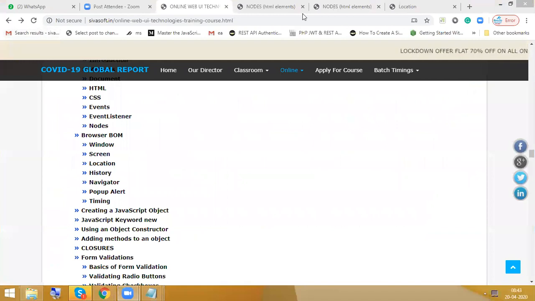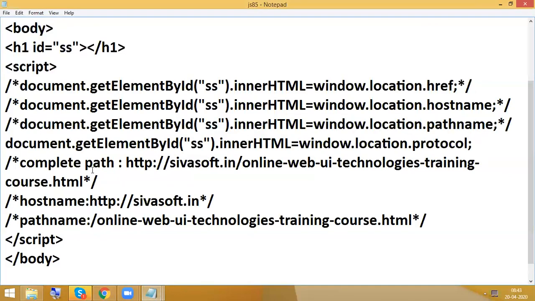Now go and check, will we get it or not. Yeah, we did not get anything. Here the protocol is thinking that it is fine. But regularly protocol means this one. You need to run from the live server. Then only you will get exactly either HTTP or HTTPS. That is nothing but your protocol. These window examples, whatever I'm writing here, everything is predefined.